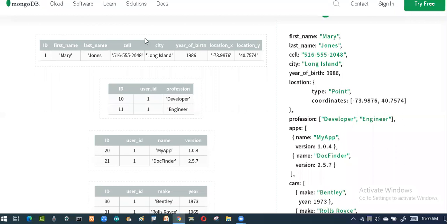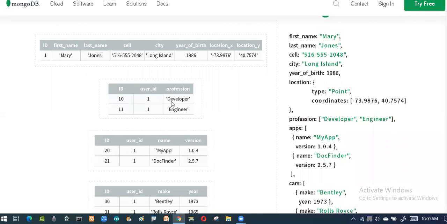This is the first one which you are seeing. This is a master table, and these are all child tables. Why do we call them child tables? Because these are dependent on this. That's why I told you, in representing diagrams of entities, a double entity, two rectangular boxes, means that one is dependent on the other. This is dependent on this, and this is dependent on this, because the user ID is coming from this particular main data.